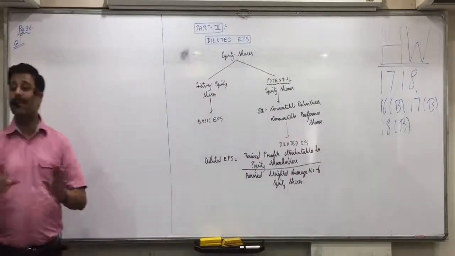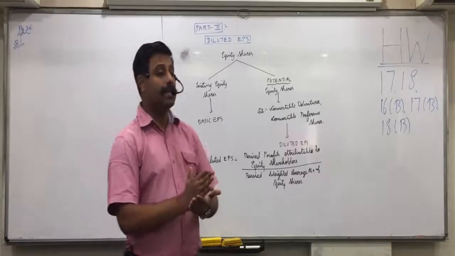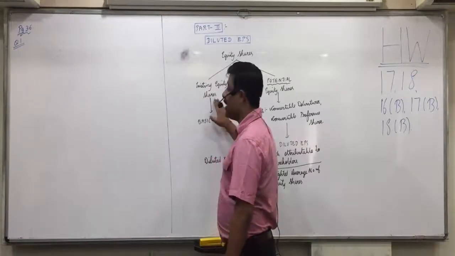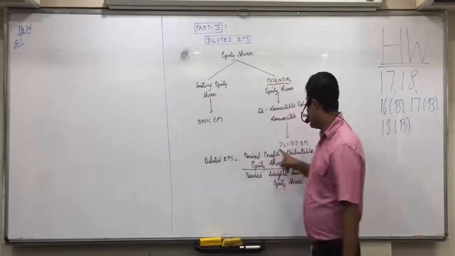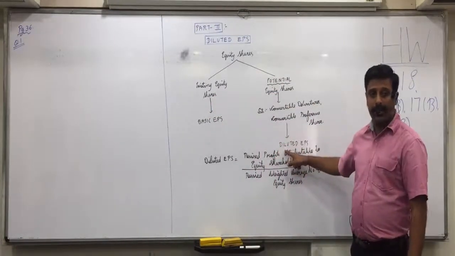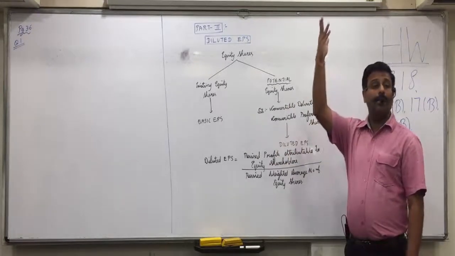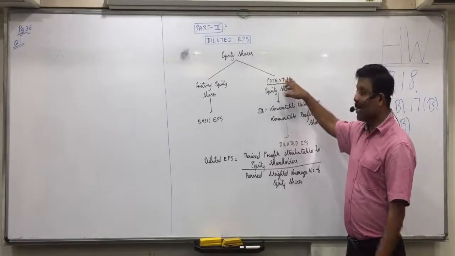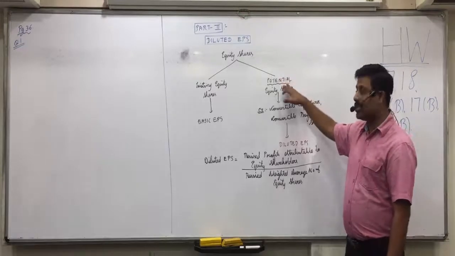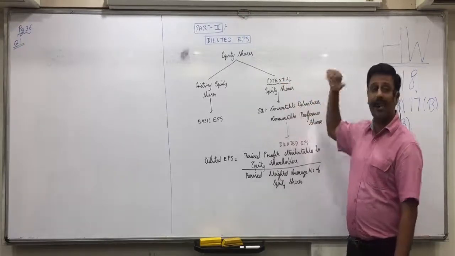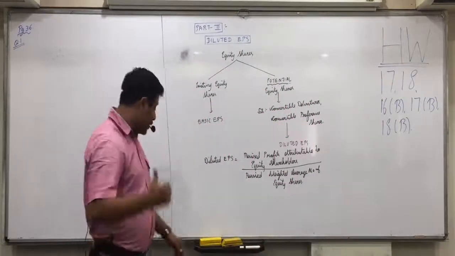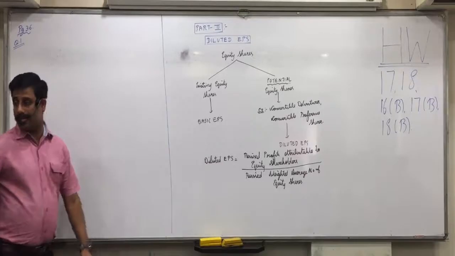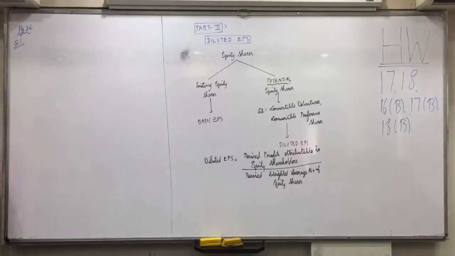Did you understand the difference? For the purpose of basic EPS, when are they actually becoming equity shares? 1st October. But for the purpose of diluted EPS, the debentures are there from the beginning of the year. So they have potential of equity shares. Becoming equity shares means potential equity shares. Is everyone clear with this difference? The question asked is only on weights. They say calculate weighted average number of shares on 31/12/14.